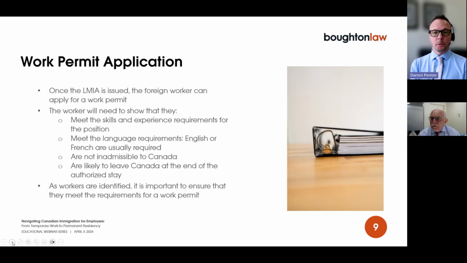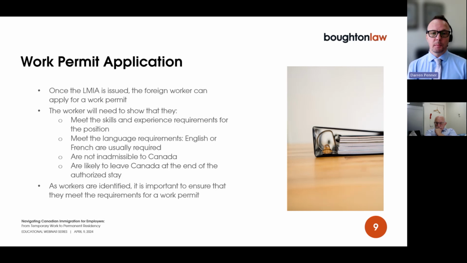As my colleague Matthew will discuss, you can't be too intrusive in questions regarding employee health or circumstances like that, but you can ask whether the employee feels that they're likely to be inadmissible to Canada on any of the following grounds, and you can list criminal convictions, serious medical issues, and they can just say yes or no. And if they say yes, then you can recommend that they talk to the lawyer.